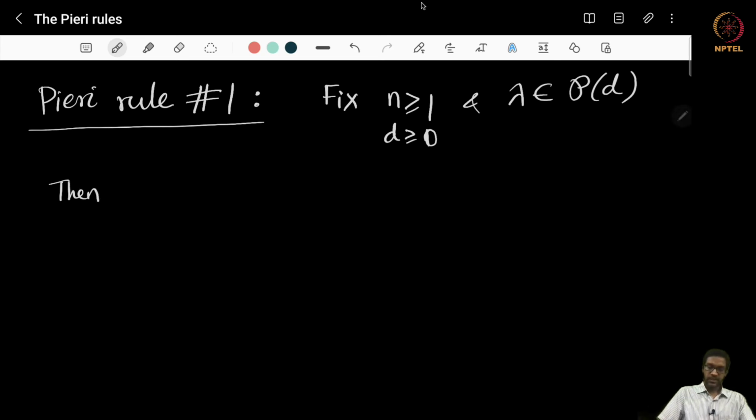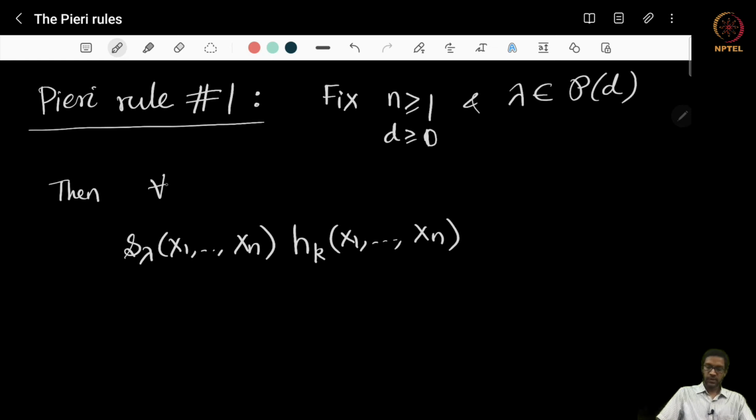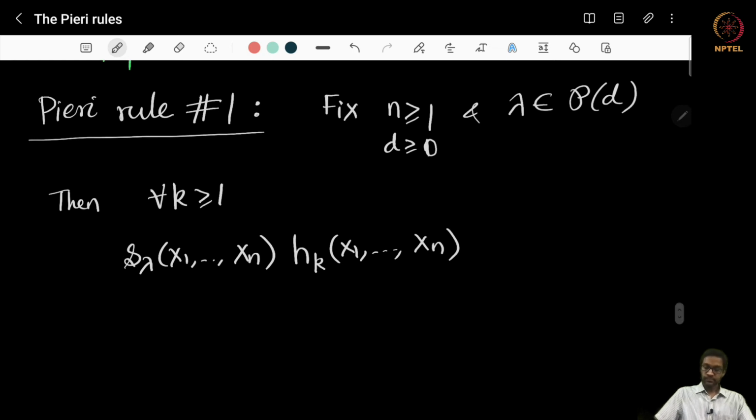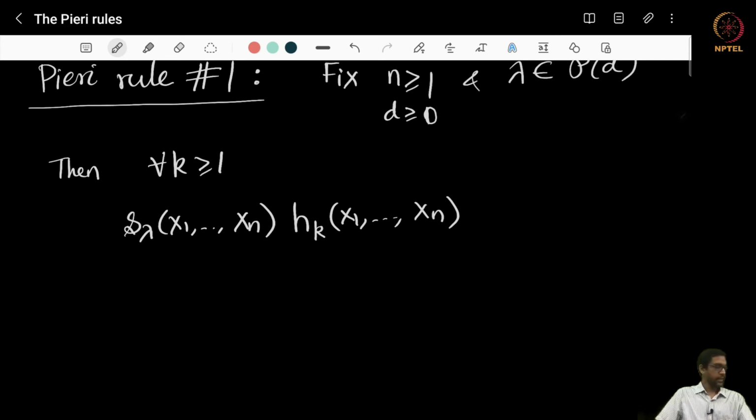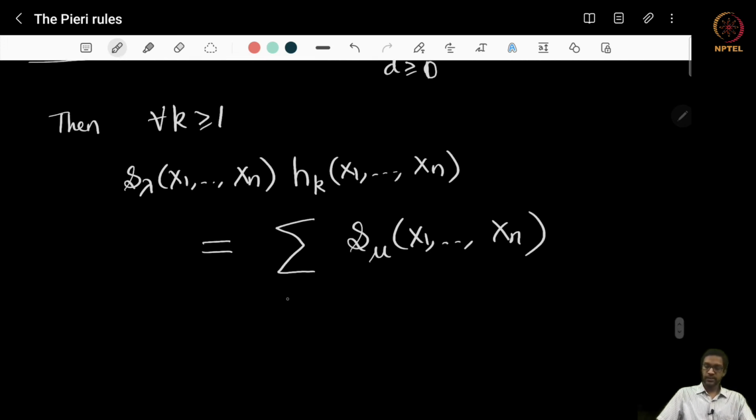Then it says if you take the Schur function S lambda in n variables x1, x2, ..., xn and multiply it by the complete symmetric function h sub k, and this is for all k at least 1, this product S lambda times hk is going to be expressible as a sum again of Schur functions S mu in x1, x2, ..., xn. It's a sum over mu, where mu runs over